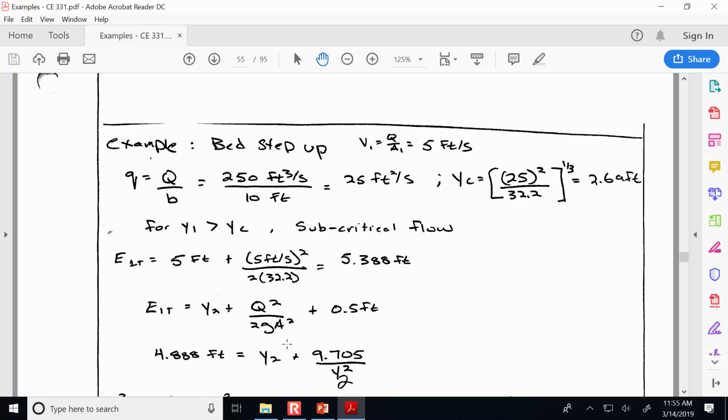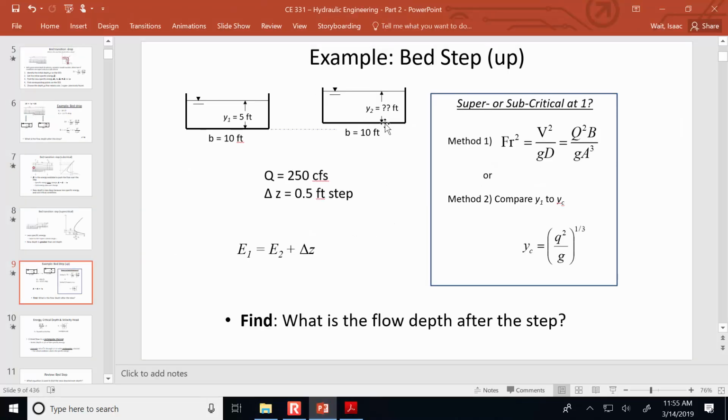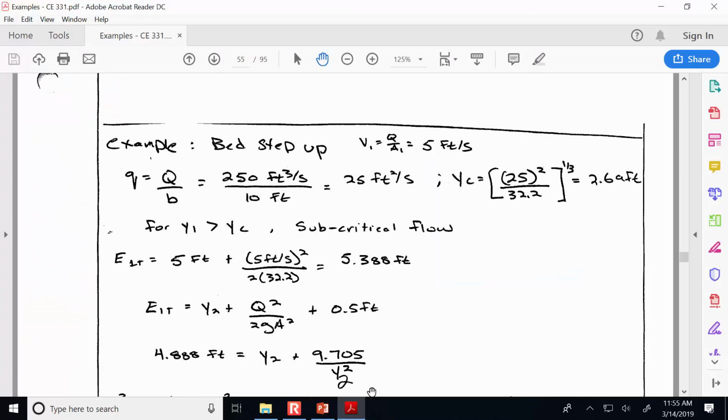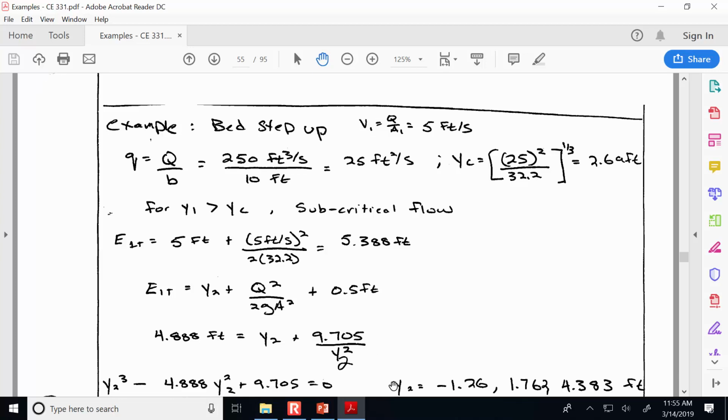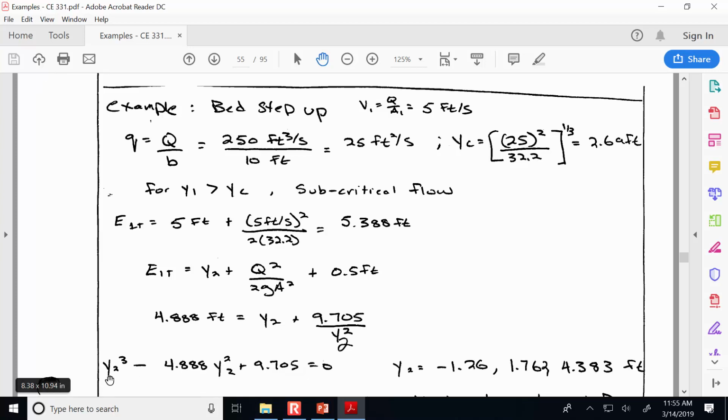And I guess here what I've had with this 9.705, that's q squared divided by 2ga squared. And A for this rectangular channel is going to be 10 times y. So if you square that, in the numerator of this velocity head term, you've got q squared. In the denominator, you've got 2g, and then the width of 10 squared. So in any case, when you rearrange that as a cubic equation, we get this, and the 3 roots are